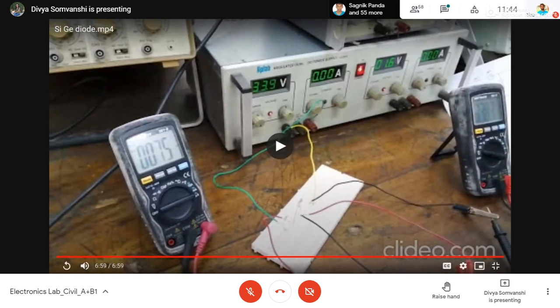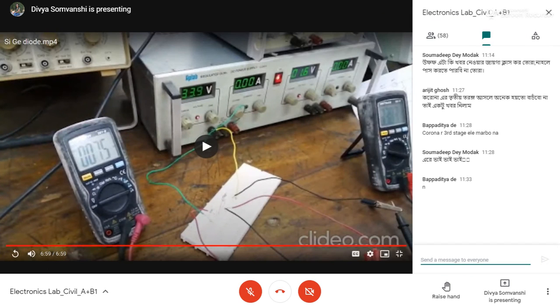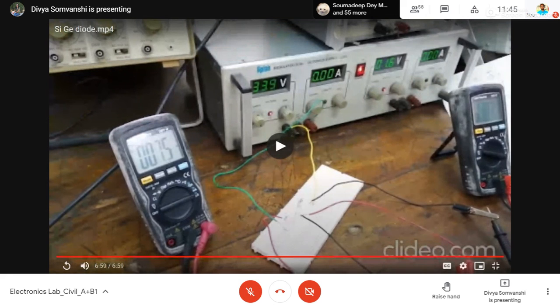One thing you should understand is that once a circuit is drawn on a breadboard, it is so easy to change. Suppose this is the IV characteristic of a germanium diode. If I want to measure a silicon diode, I do not have to disturb the circuit. On the breadboard, I just pull out the germanium diode and put in the silicon diode. Or for forward bias, I just change the polarity. This is the benefit of the circuit. Once it is drawn, you can measure the IV characteristic of any kind of diode.